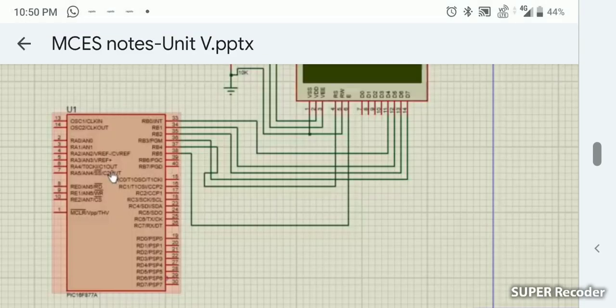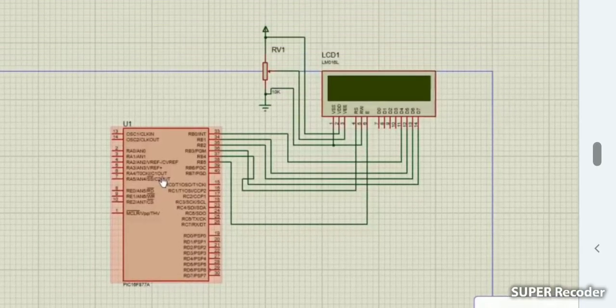On the left side of this presentation we have the PIC 18F877A. It is a PIC microcontroller. It has the ports: A port, on the right B port, and then C and D. So these lines are connected with the LCD display. As we start with the data lines D4, D5, D6 and D7, all these lines are connected with the B port,